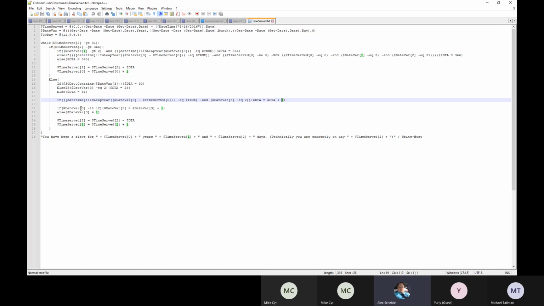Now we start counting months. We start from whatever the day is, as long as the month is less than 12. Well, we're going to come in here and go ahead and update that value. And basically coming down to the end, we end up with this nice little thing that says you've been a slave for this many years, yada, yada, yada. So if we run this, for instance,